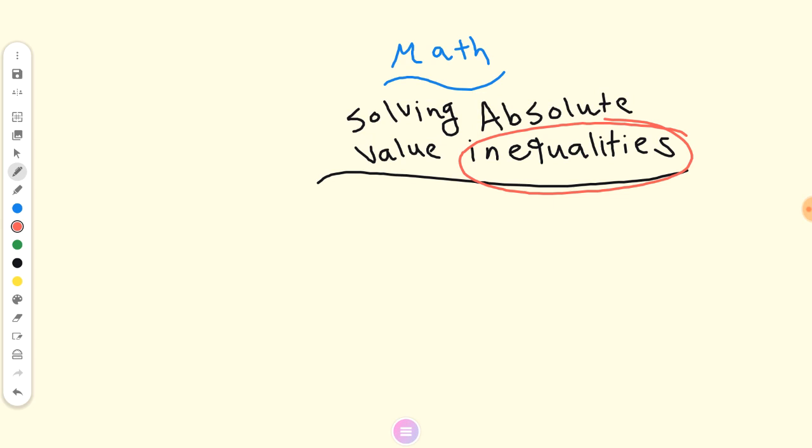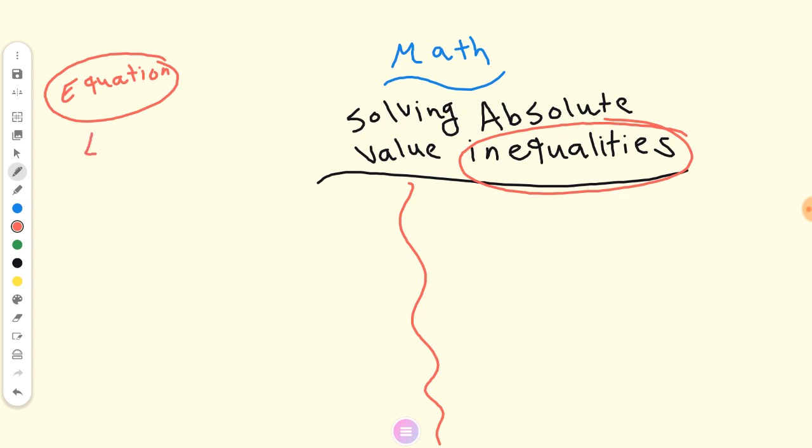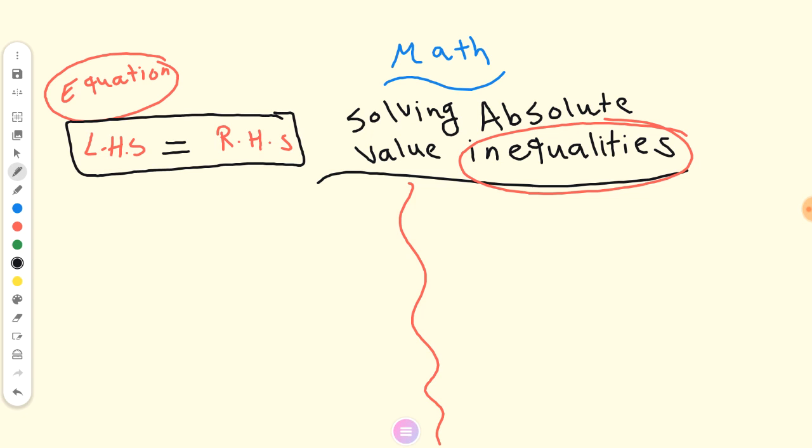Can anyone remember what is the difference between the equation and inequality? Okay, an equation is formed from a left hand side, a right hand side, and between them what? Equal. That is called an equation. Left hand side, right hand side, equal. But the inequality,